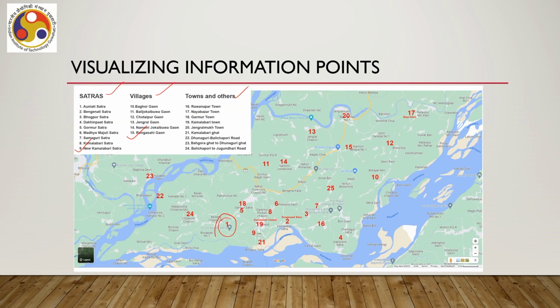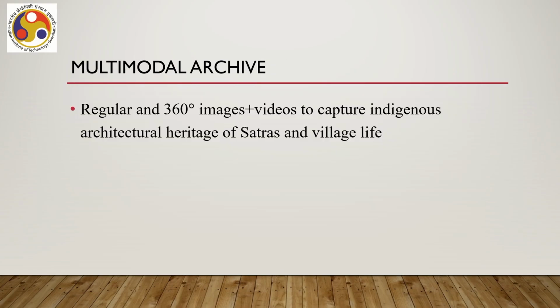Now, from here you can understand the expanse of information. This is the entire island, capturing the cultural landscape of the entire island in terms of 24 spots, which are spread around the island, and we have to capture in each spot a good amount of information, so that they represent the cultural heritage aspects of the whole island. Now, in order to create that archive of the island in terms of these 24 spots,